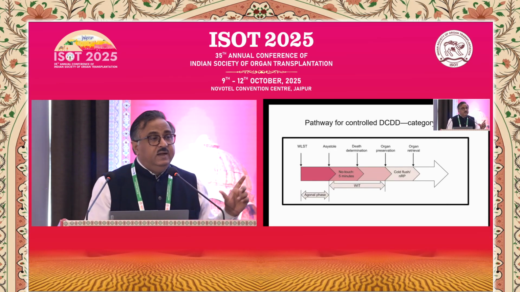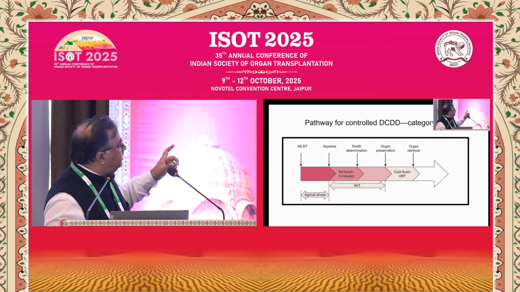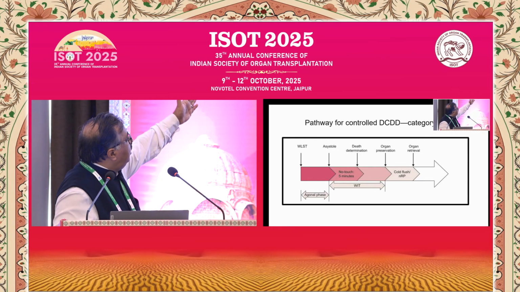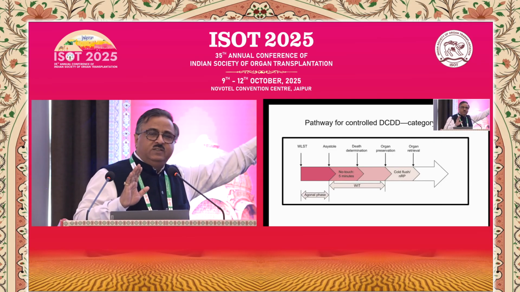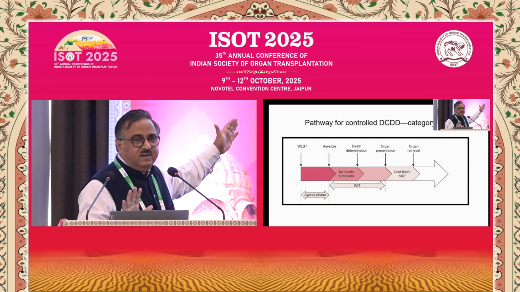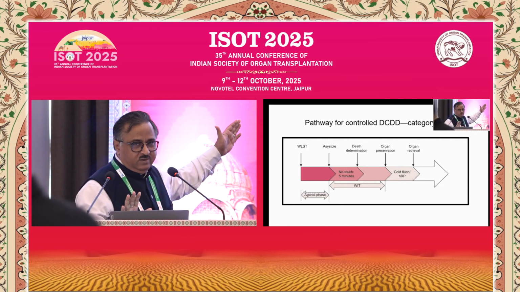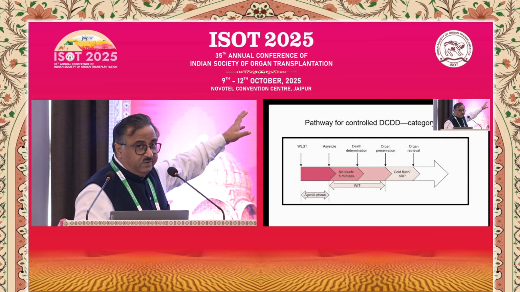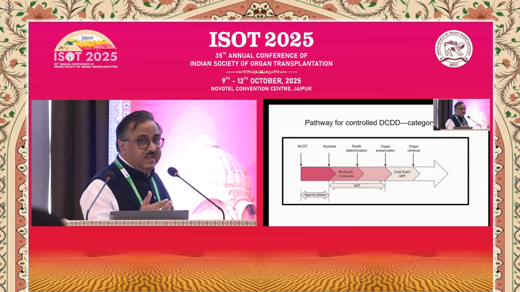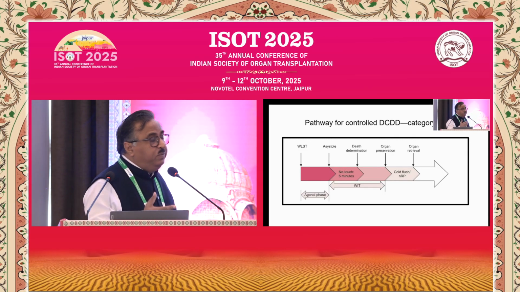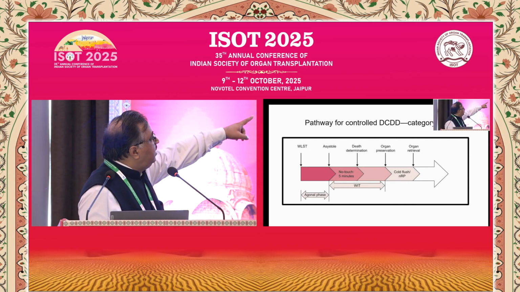Here, the process goes like this. First is withdrawal of life support, the patient goes into asystole, then you have to see that now your patient has arrested, he is no more. So 5 minutes you have to wait for that. Again, if the spontaneous circulation reverses, then there is a problem. So you have to make sure that it is not reverting. Then you declare that death